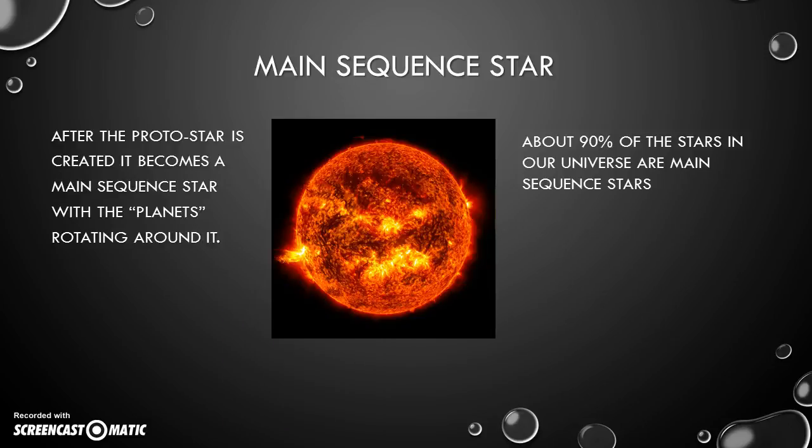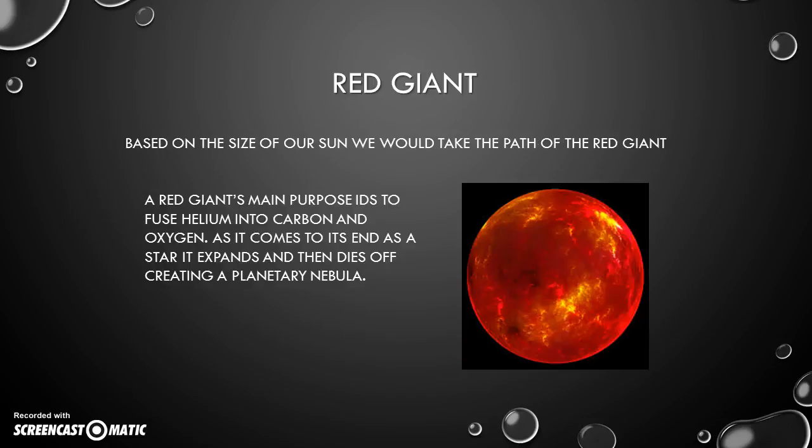Then comes the main sequence star, which is about 90% of all the stars in our universe, and they typically have planets rotating around it. After comes the red giant. This is what our sun is, and